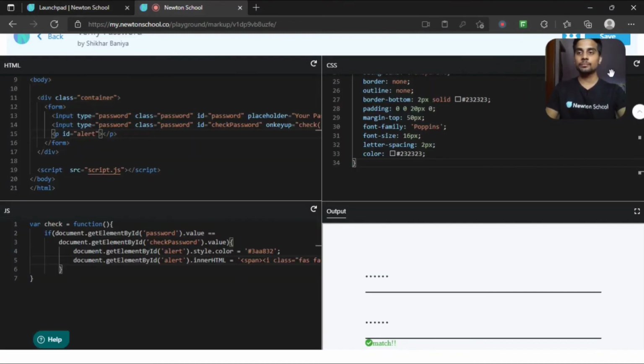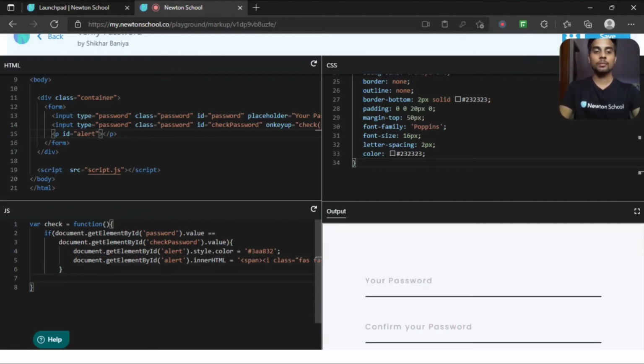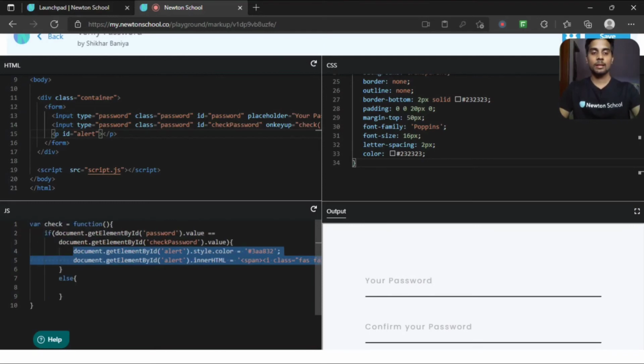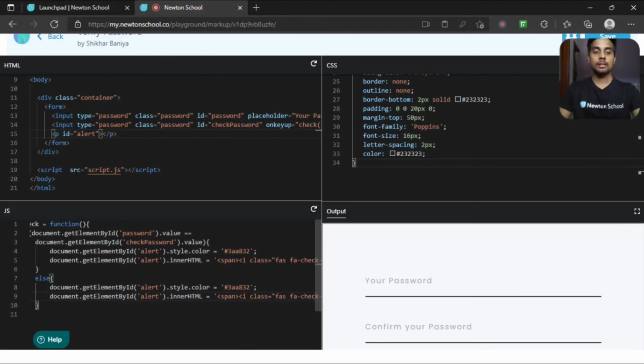Now we want the same thing for if the password does not match. So else means the password is not matching. Let me copy this whole thing and paste it here. Since the password is not matching, logically the color will be red.